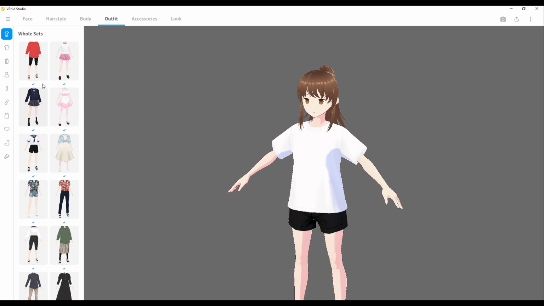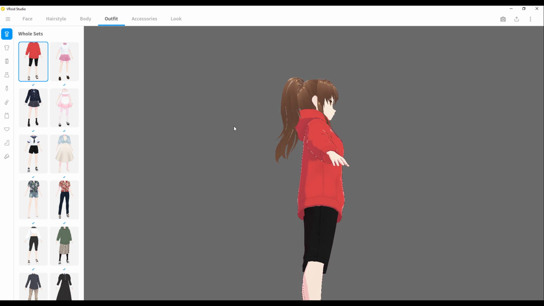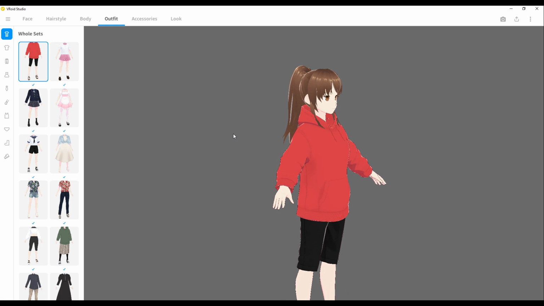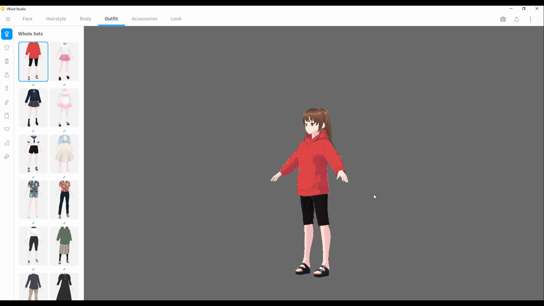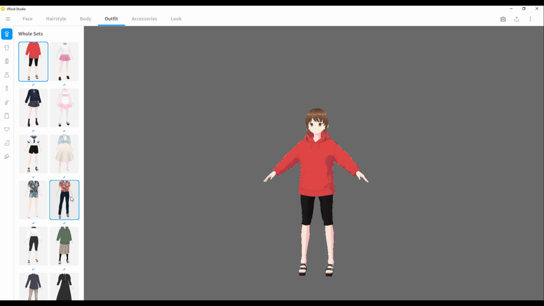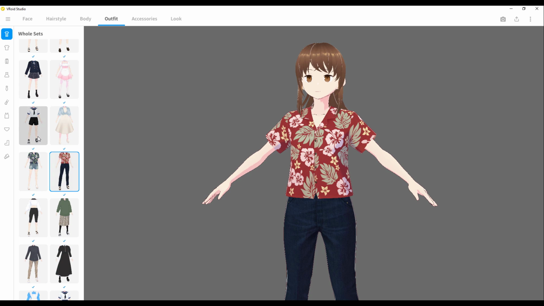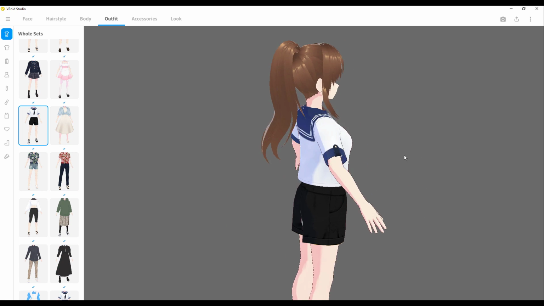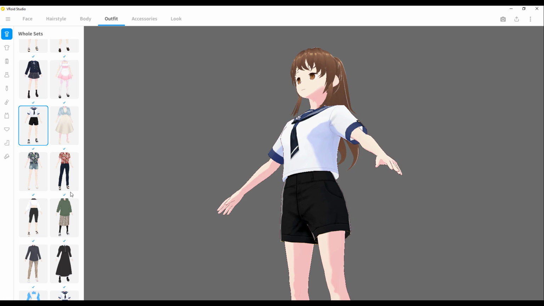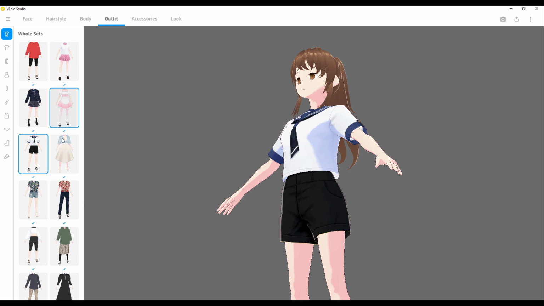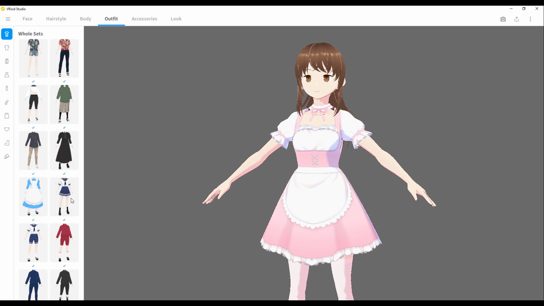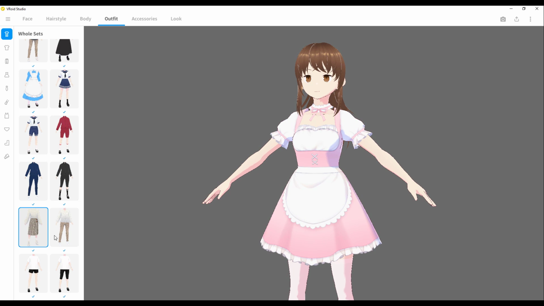And this part is where I believe a lot of you guys will spend time, because there's a whole wardrobe of things that you can mix and match. You can throw this onto your model. So we have this looking nice. You can switch, get that summer vibe. All right, you can also play with the sailor looking stuff, looking nice as well. And you can get the maid version and see what you have here, and you can just simply go wild with this, play with it.